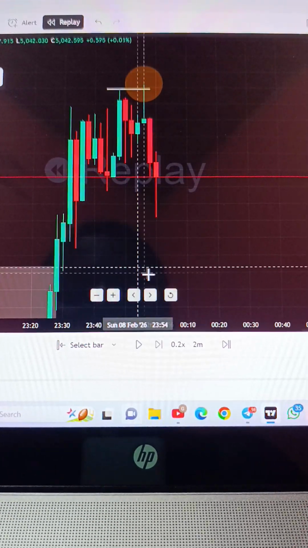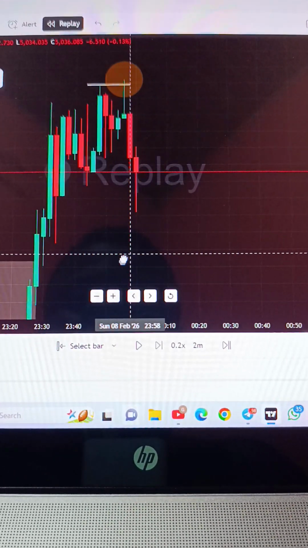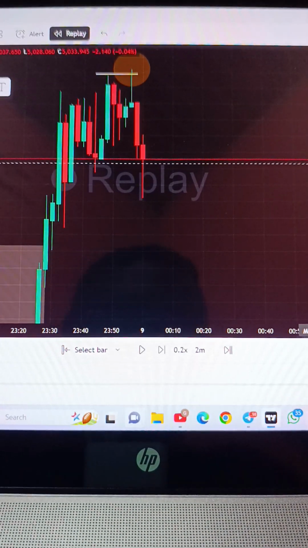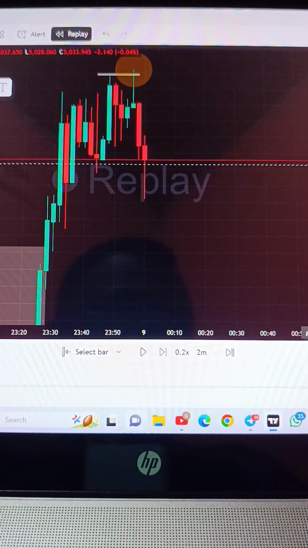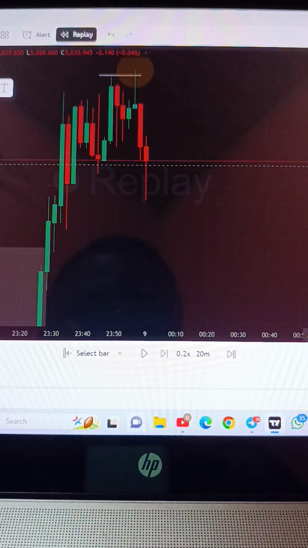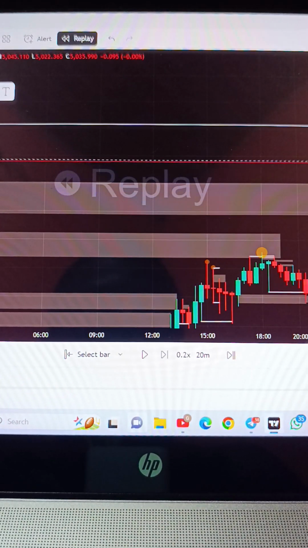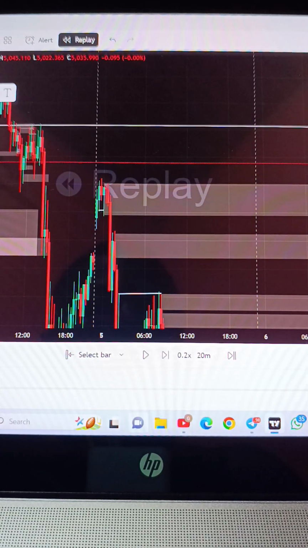Okay guys, so just a brief back test session. Currently on gold we are on the 2 minute time frame, and then let me quickly go to the 20 minutes time frame, and then we are clearly going to see that price has been very bullish. And then don't forget,